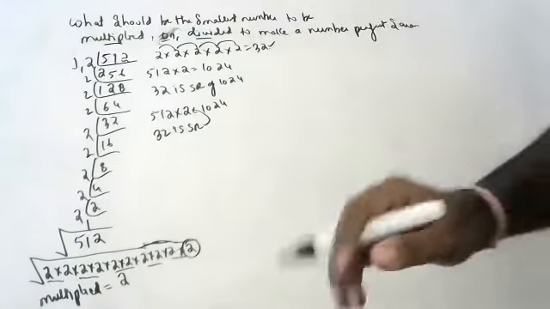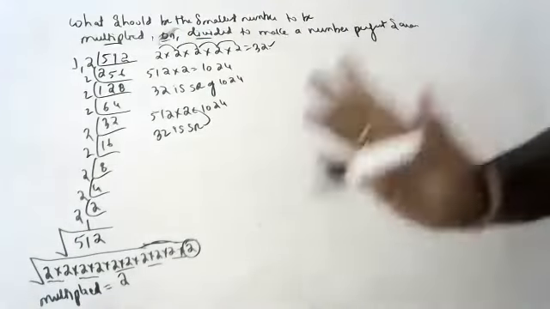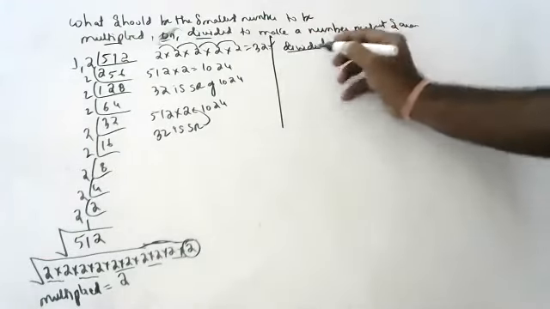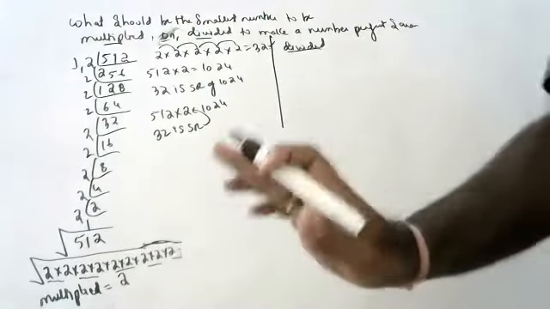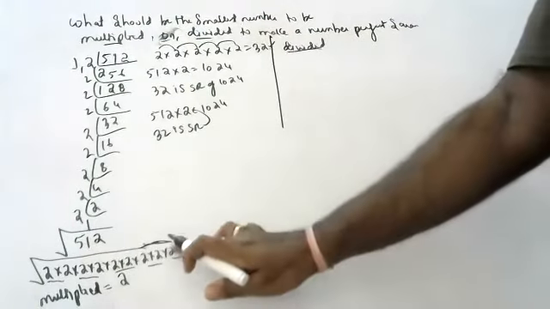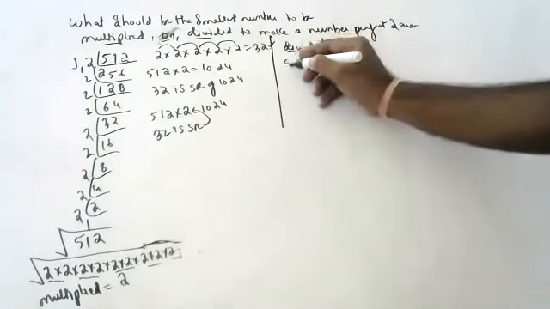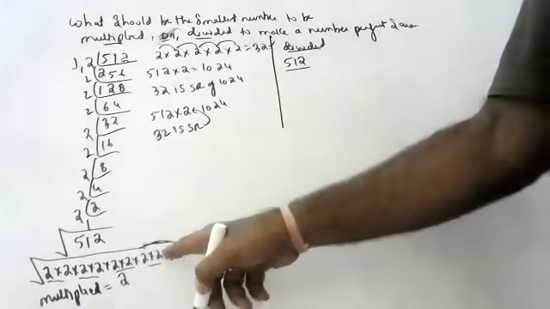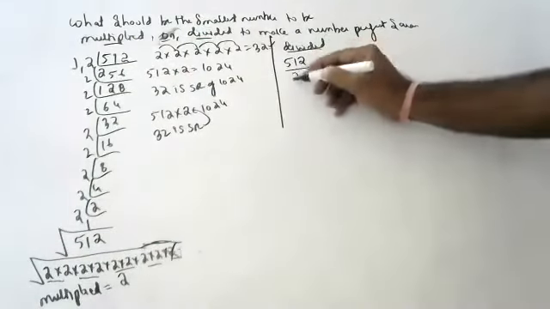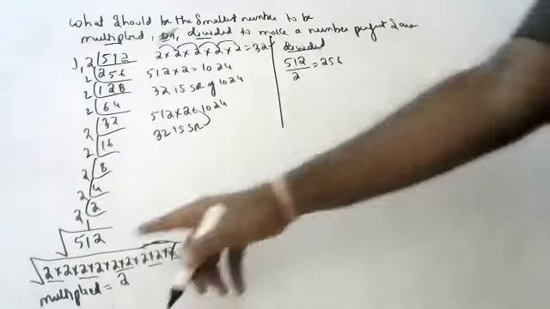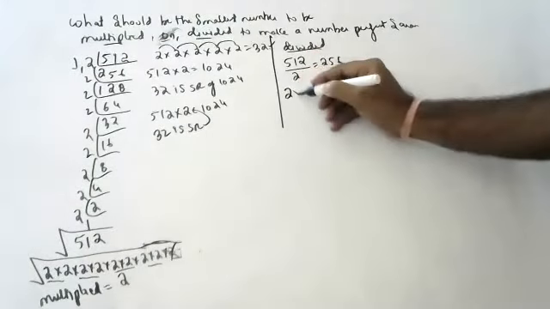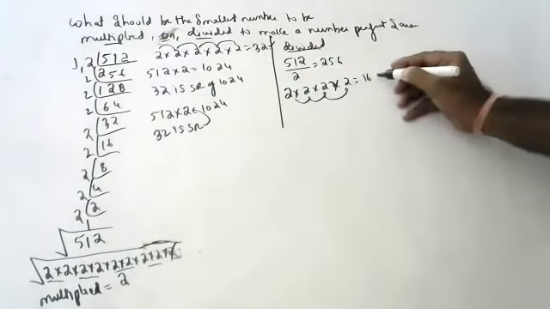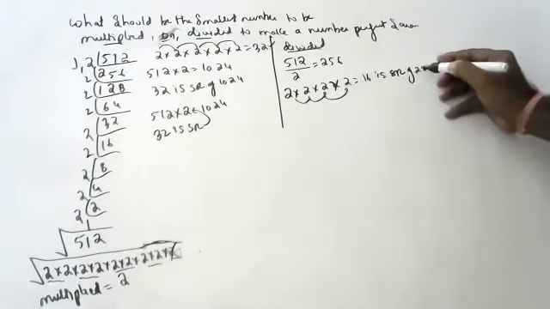If the question is multiplied, what is that extra number? If the question is what should be divided, there are nine 2s, children. If you remove one more 2, 512 should be divided, one more 2 we should remove. If you remove one 2, eight 2s will be there, so it should be 256. For eight 2s, four 2s will come out, and 2 to the 4, 4 to the 8, 16 is the square root of 256.